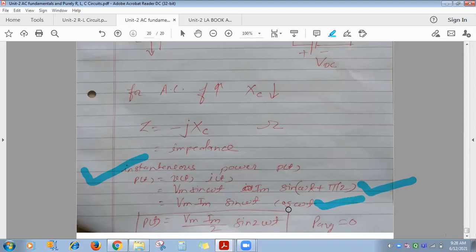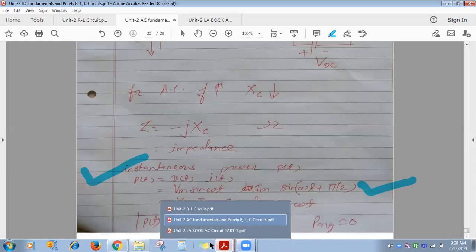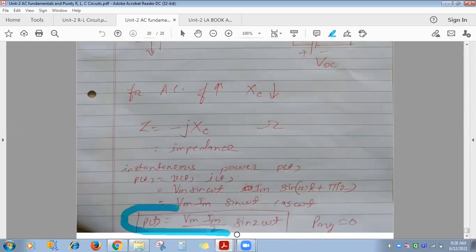Sine of omega t plus pi by 2 will be cos of omega t. Multiply and divide by 2 in numerator and denominator. Okay. So here you can make it as sine of 2 omega t upon 2 into Vm Im, isn't it? So again the same thing, sine of 2 omega t. For the inductor we got the same instantaneous power, only with a minus sign. Okay, only the minus sign it was. And here plus. Okay. So in the waveforms you get, wherever there is a positive, negative cycle will come.